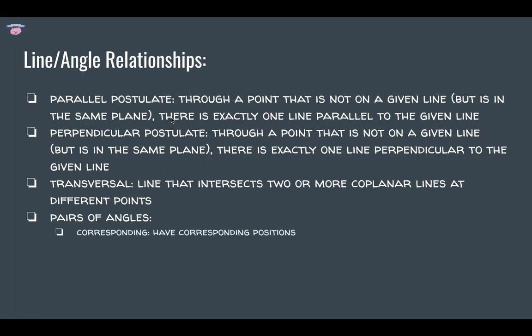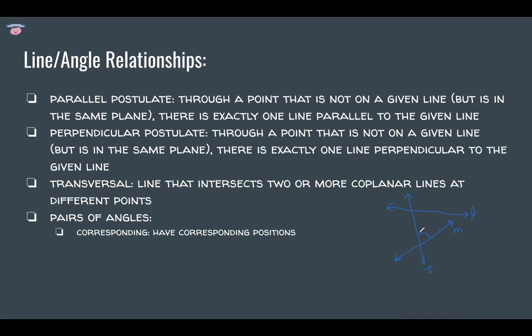Corresponding angles have corresponding positions. So let me quickly draw a transversal. And let me actually make it not parallel. So there, it doesn't intersect, but it's not parallel either. I mean, if we extend it, it would intersect. So if this is the transversal, so I'll call this L, this M, and this is T for transversal. Corresponding angles have corresponding positions. Now, what exactly is a corresponding position? Well,